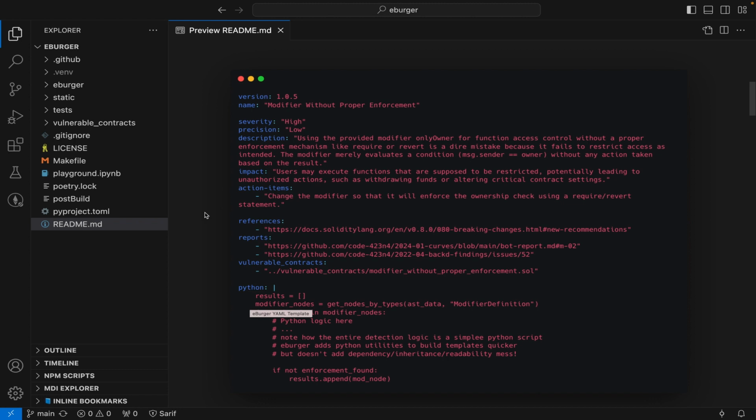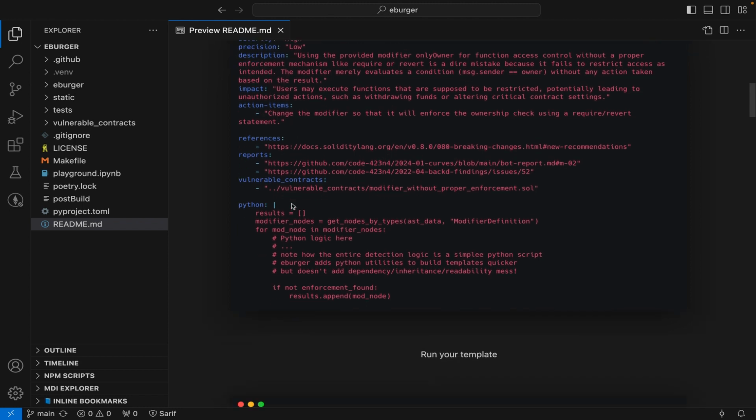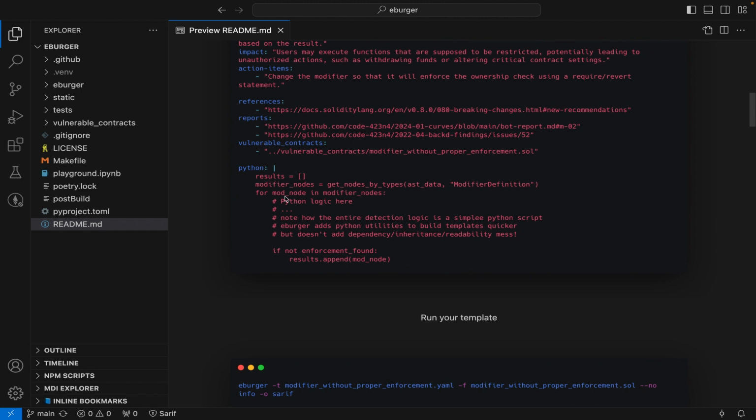If we look at how this template looks, we've got all the data of findings: severity, precision or accuracy, technical description, impact, and what to do if this is found in your contract. As for the logic itself,